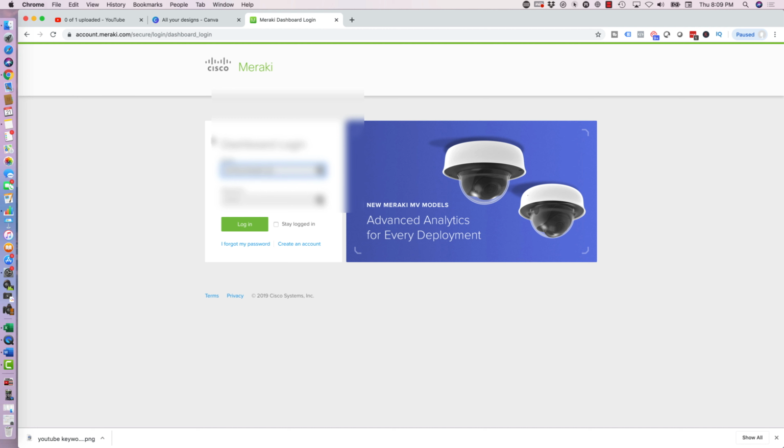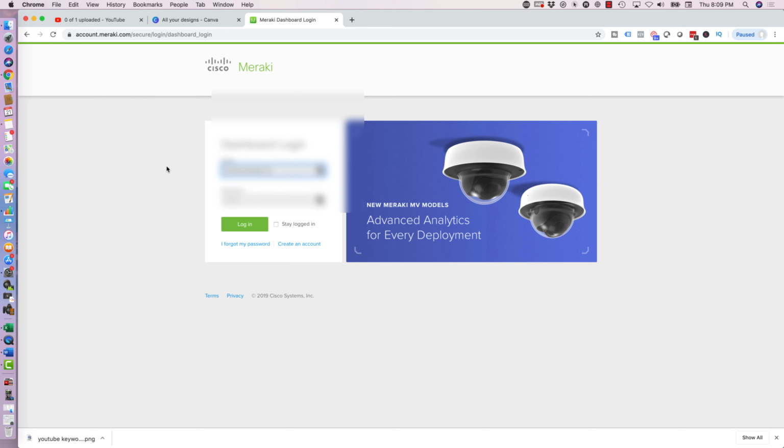Hey everyone, I'm going to do a quick video on how to set up your SSID and how to get started when setting up your Meraki MR33, MR42. It doesn't really matter what type of MR you have, pretty much it's all the same. The dashboard is always the same. Setting up the MR is pretty much the same. It just really depends on certain options that you want, like encryption type and encryption key, but it's basically the same